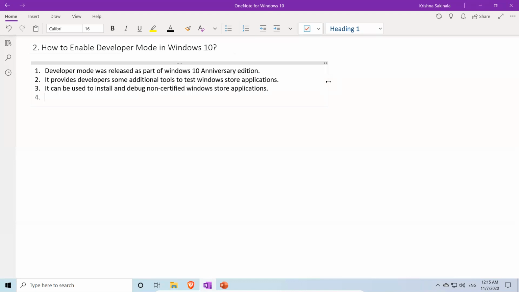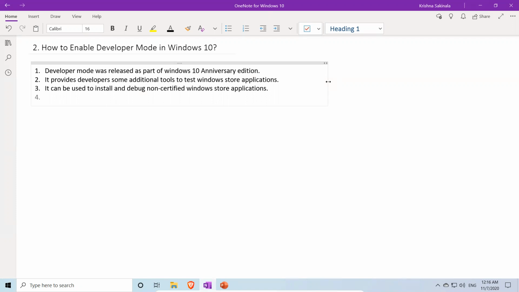You may not download the application from the Windows Store. It might be something you are already developing, so it will not be available in the store. Even if it is a non-certified Windows Store application, you can install and debug it if you enable developer mode